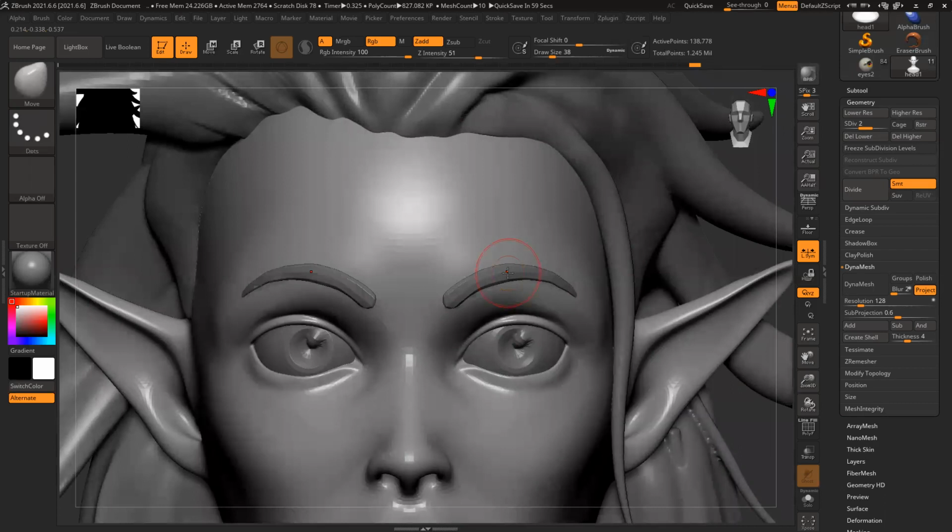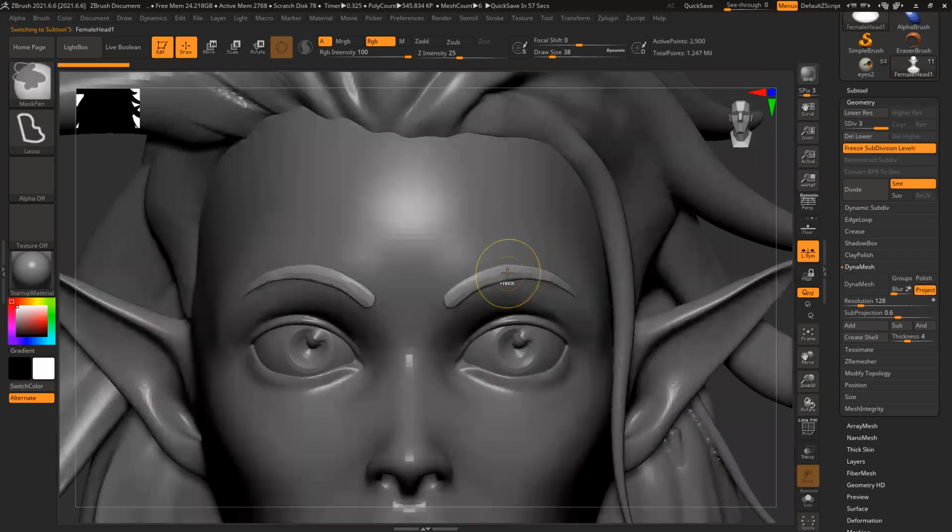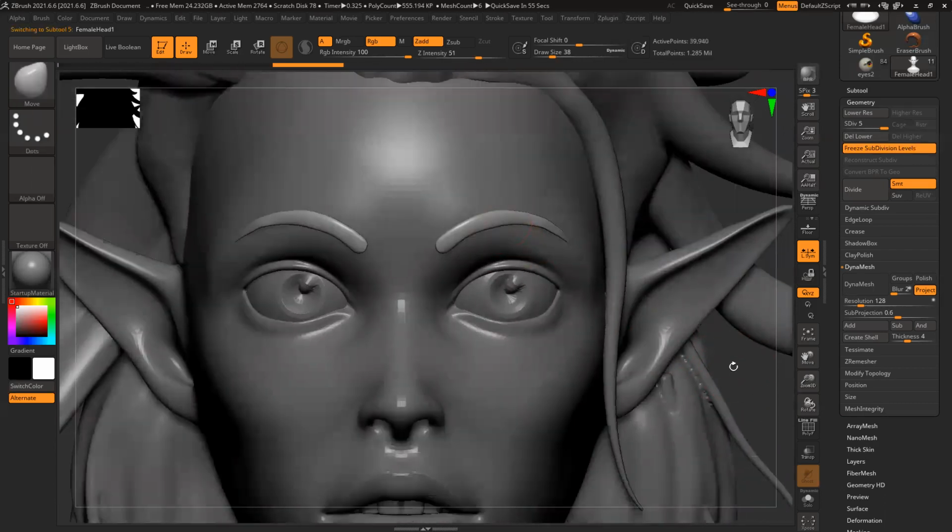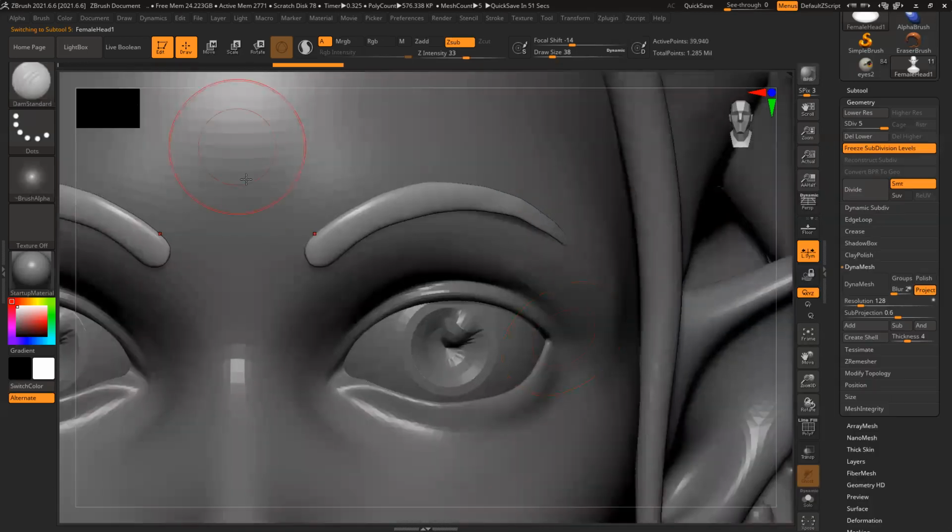And the eyebrow also, you have details in the eyebrows. Control D, then I have to add. Yes, this is pretty easy and simple, you can do it very quickly.